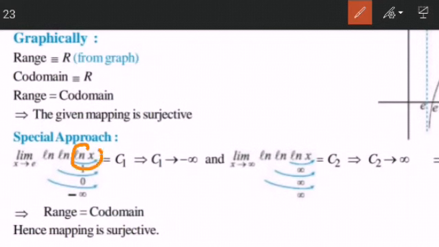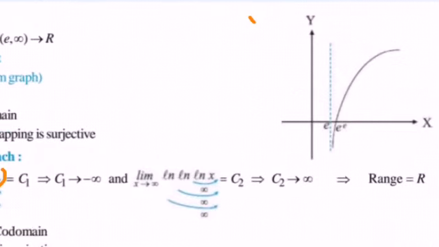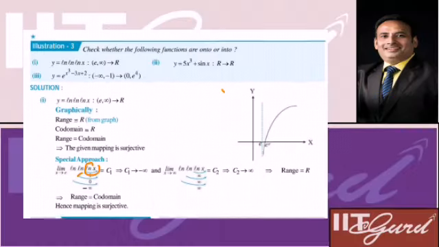After this, ln 1 takes the value 0, and ln 0, on the right side, is minus infinity. So ln of ln x approaches minus infinity at the point x equal to e. When x approaches e the value is minus infinity, and as x approaches infinity, of course it is infinity. So in this graph the range is equal to the codomain, and the function is surjective. Here ln of ln x is injective as well as surjective. In other words, we can say later on that this will be bijective.